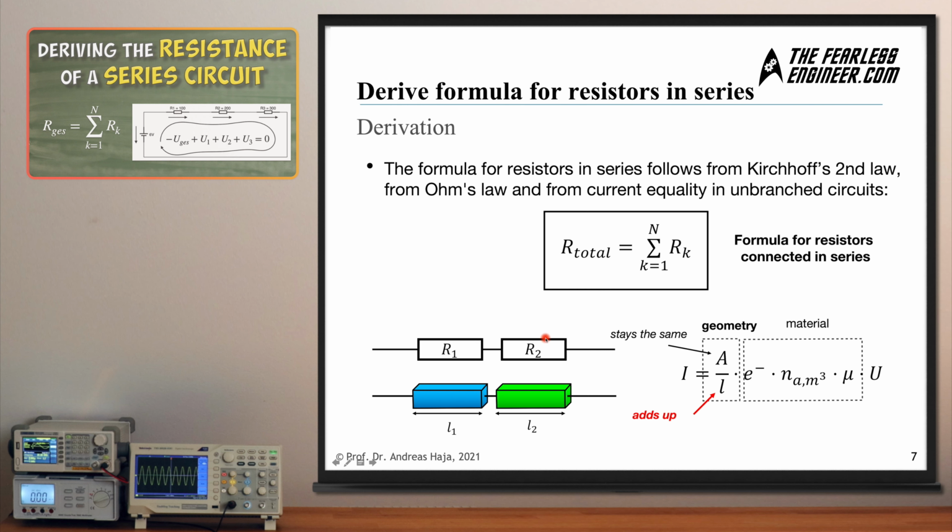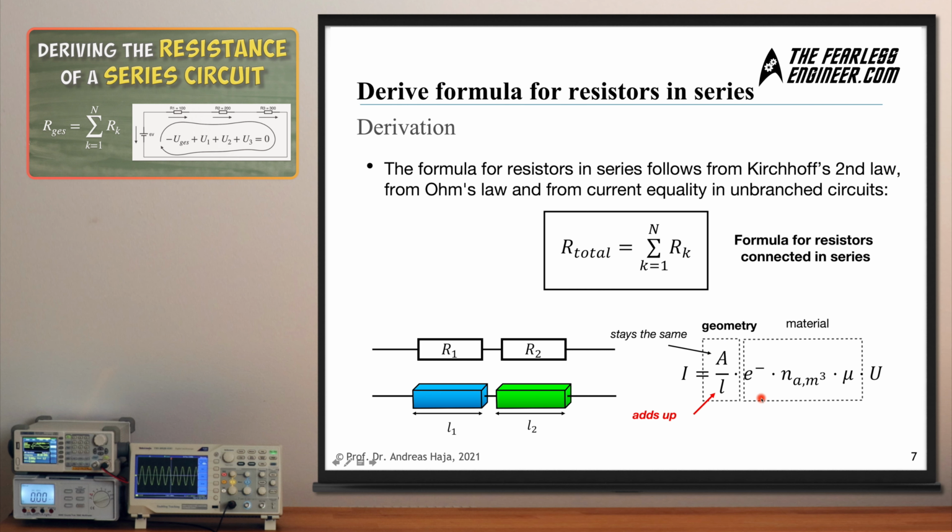If you have two resistors which are placed in series, you can also look at these resistors in terms of geometrical shape. Could be a cylinder, could be such a shape as you can see here, a little box. And this box has a length, L1 and L2. It also has a cross-section area, which you can see here on the top end. And if you have seen the video on the derivation of Ohm's law, you might recall this equation here, which you can see on the right side, which basically replaces the resistance, or the inverse of the resistance, with this